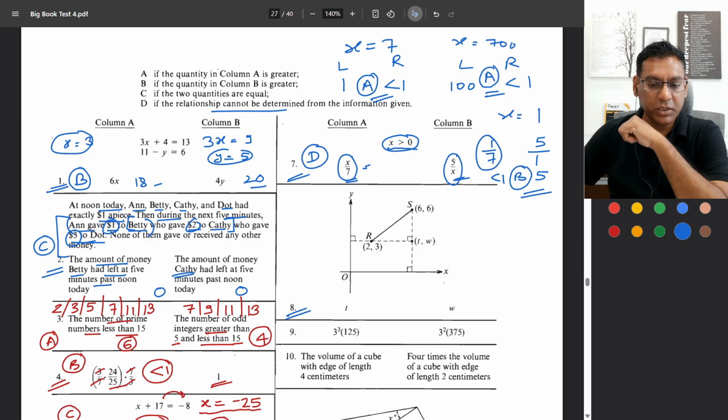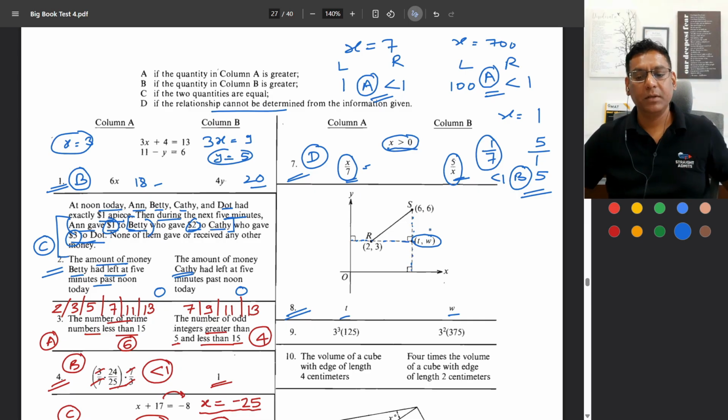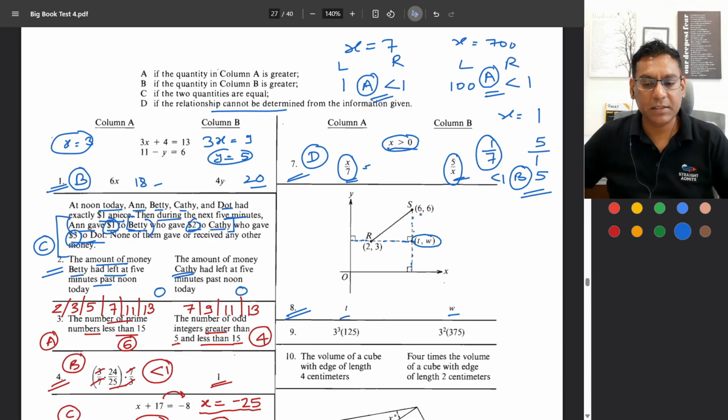Okay, question number 8, T and W. What are T and W? The coordinates of this. We know that in the XY plane, these lines are given to be perpendicular to the axis. That means if this point is 6 comma 6, and this line is perpendicular to the x axis,